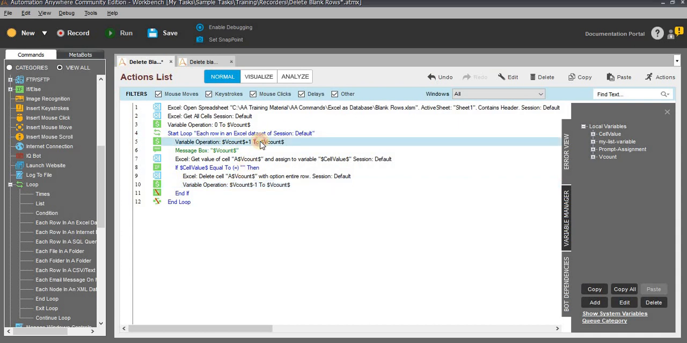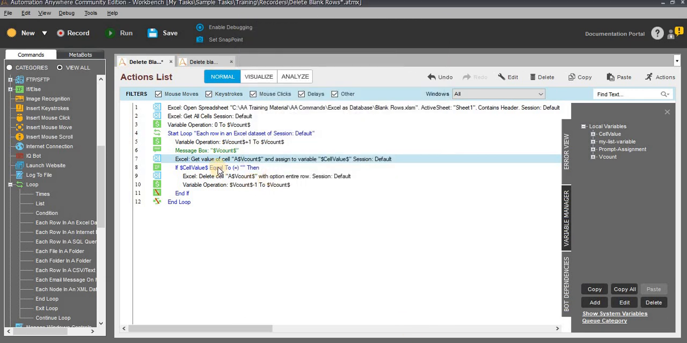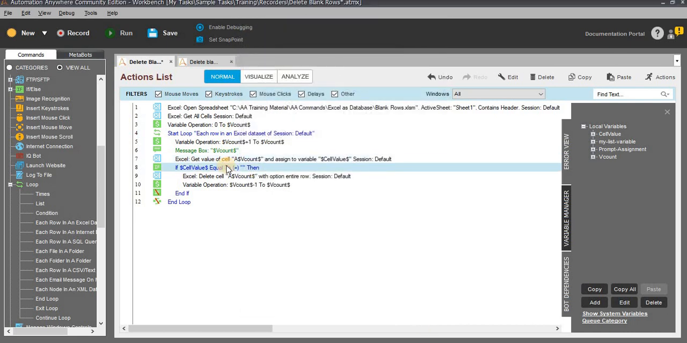So here I have added plus 1, and after that xl get value of cell, and I have used a b count, and I have assigned the value to the variable. I need to check whether the value is blank or if there are any values available. In the a column, I am validating the count, and I assign the value to the variable. After that, using the if condition, I am going to validate. Already I have assigned this value into the cell value variable, right? So using that in the if condition,